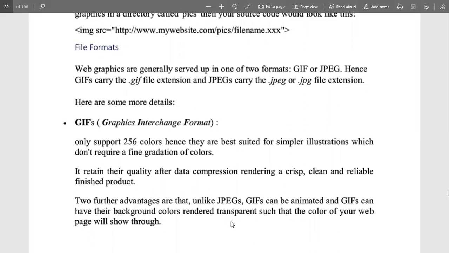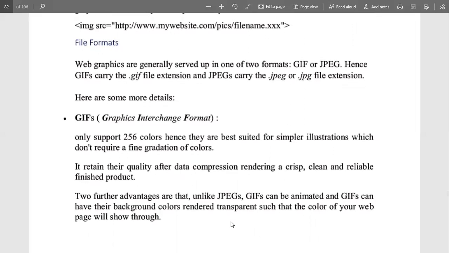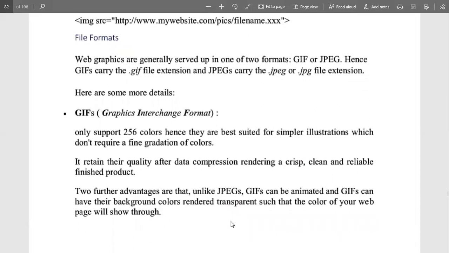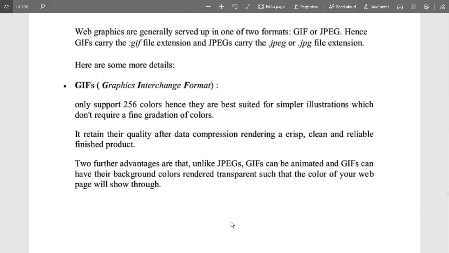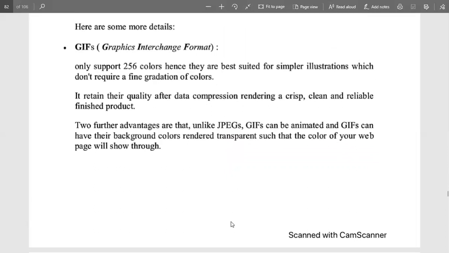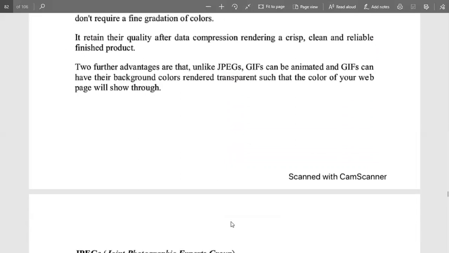GIF uses the file extension .gif, and JPEG uses .jpeg as well as .jpg extensions. GIF has two further advantages: it can be animated, and it has a background color that can be rendered transparent, so the color of our web page will show through.